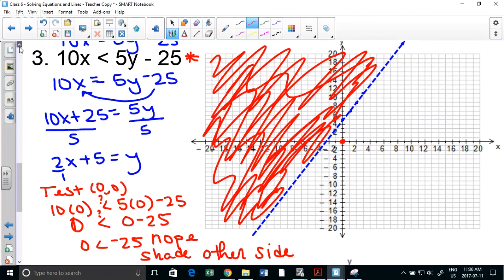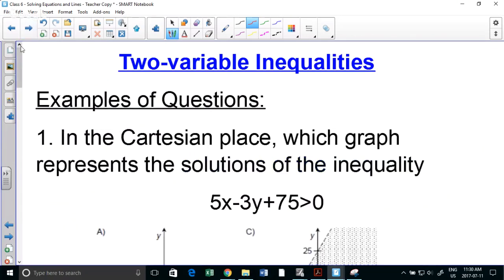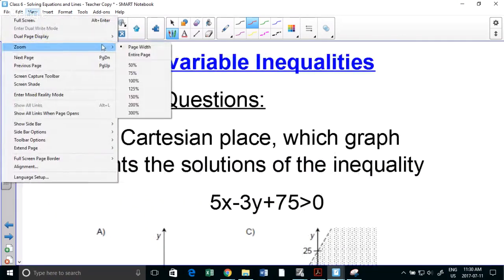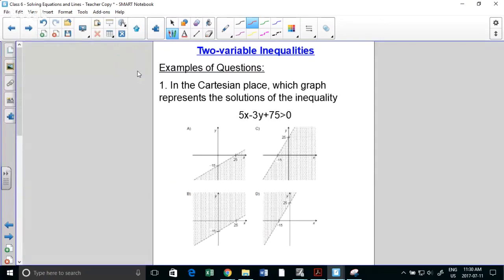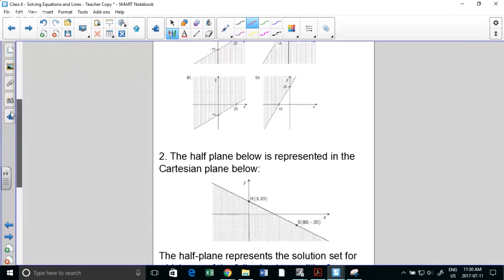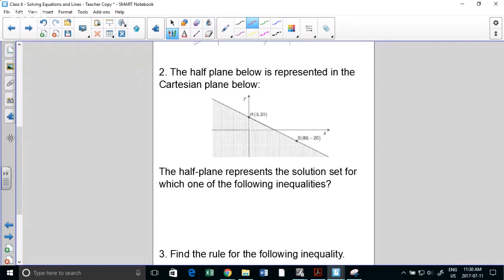Okay. How would we know when to use something like this? The questions are going to be very clear. We'll get to that in a second, but these are the types of questions you would get. So this is an example just quickly, but like I said, we'll go back to this. This is an example of a part A question. Very clear half planes. Or it would be graph it.